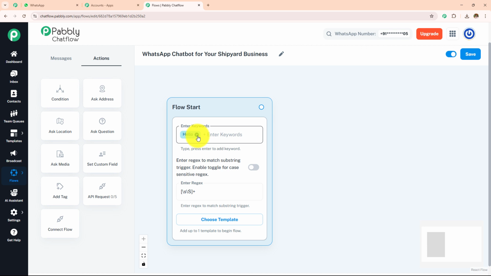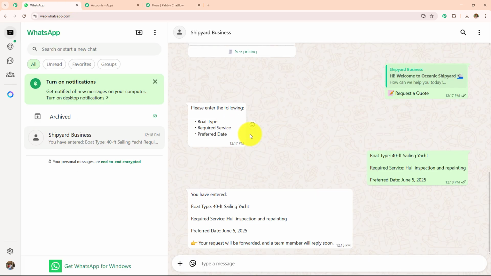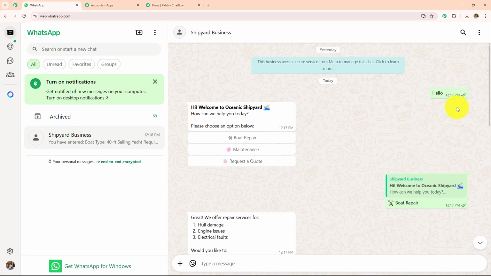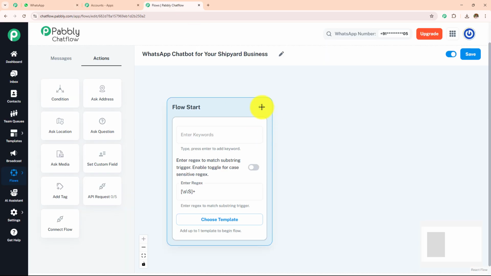So you can either use the keyword, you can use the regex, or you can use both. I'm going to use regex to trigger my WhatsApp chatbot. Now here I have triggered this. Next, I have to create the message. Now when I'm going to send this message, I'm going to receive this message. So how we have created this message, I'm going to go back towards my flow,